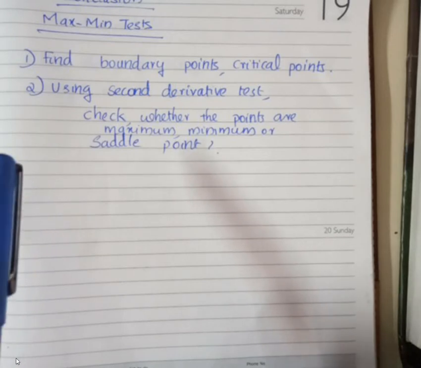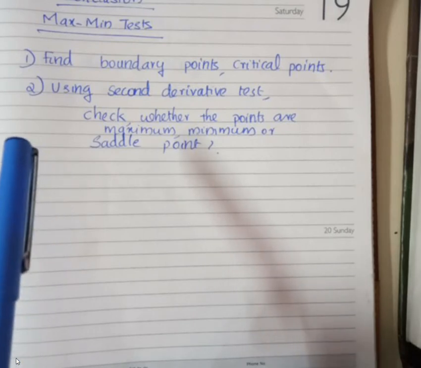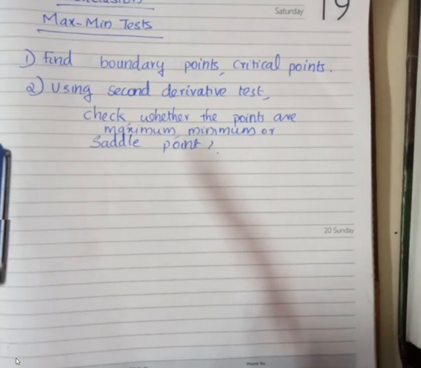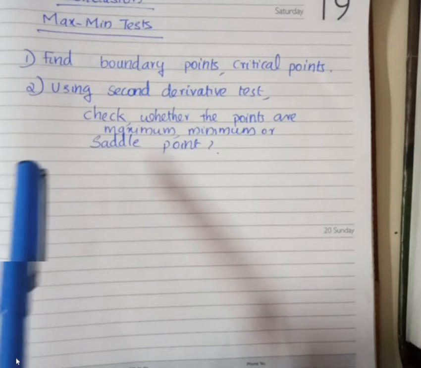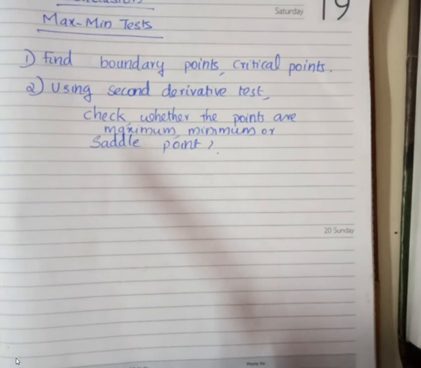maxima, local minima exist. If the determinant is less than 0, then the function has a saddle point. Okay, and if the determinant is greater than 0 and fxx is less than 0, the function has local maxima, and if it is greater than 0, the function has a minimum point. This was the conclusion in the last class. Okay,